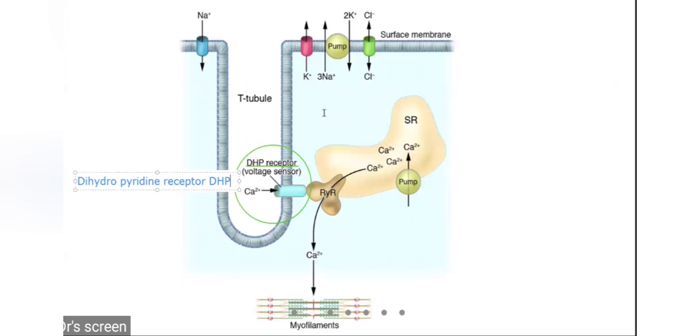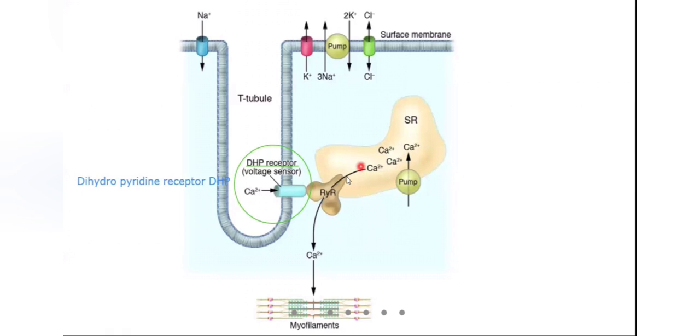What is this space here? I told you this is the sarcoplasmic reticulum, and you have the sarcoplasm. There is a fluid which is filling here. This is the sarcoplasmic reticulum, cut portion. Okay, fine. Now if you see on the sarcoplasmic reticulum, inside I told you it stores calcium. So see, there are lots of calcium inside the sarcoplasmic reticulum.